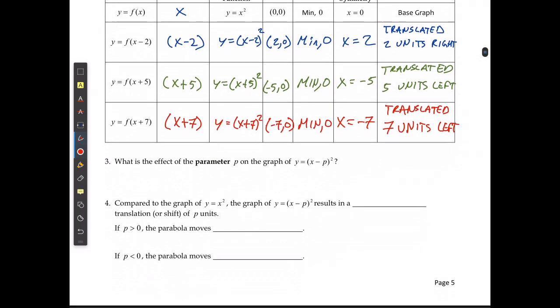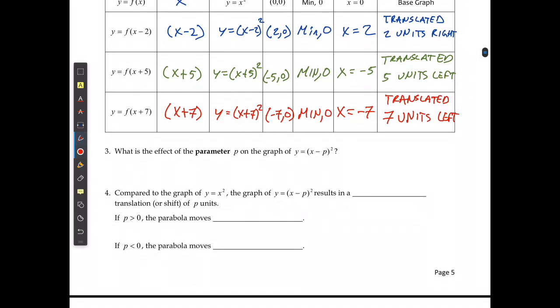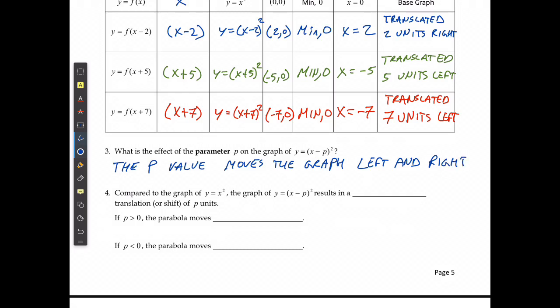What is the parameter of p, or the effective parameter p on the graph? The p-value moves the graph left and right. Compared to the graph of y is equal to x squared, the graph of y is equal to x minus p squared results in a horizontal